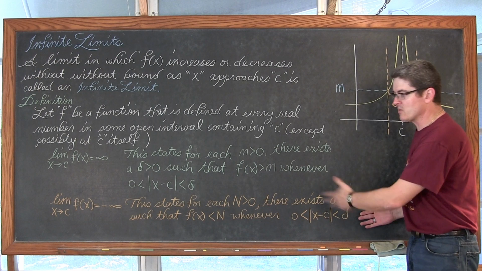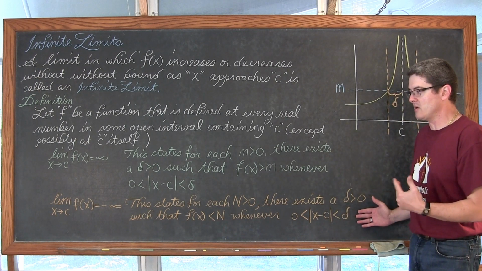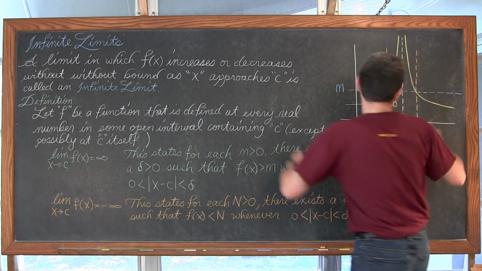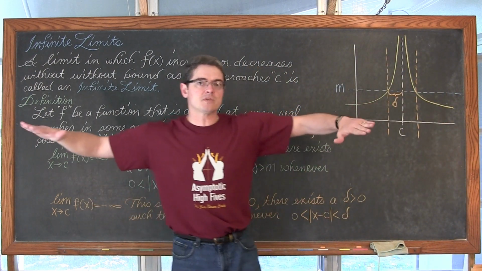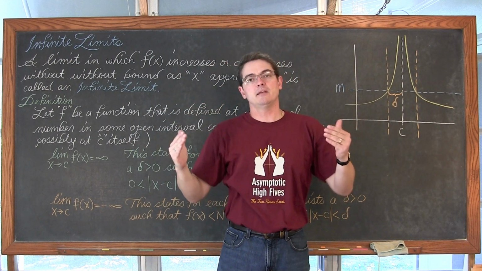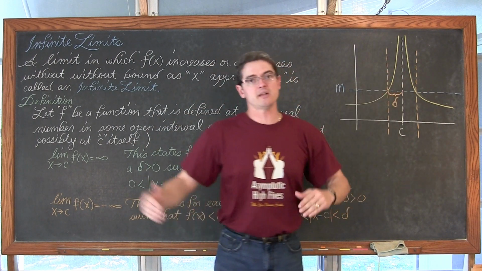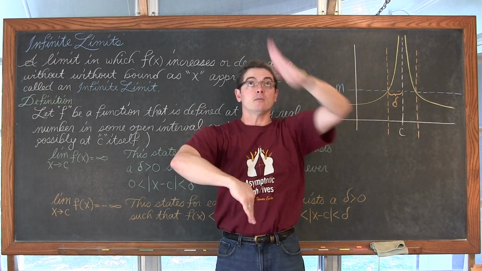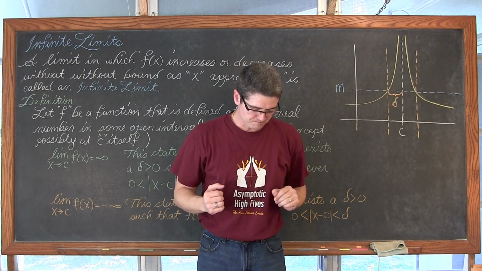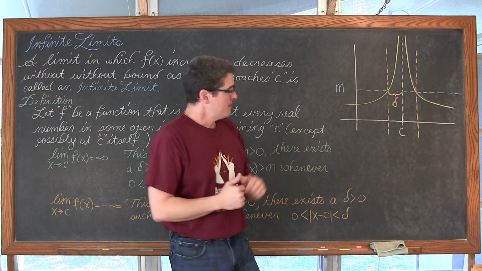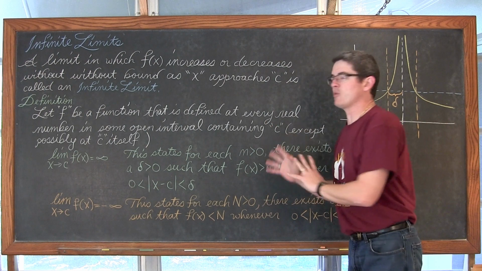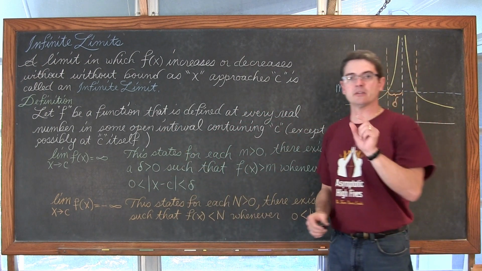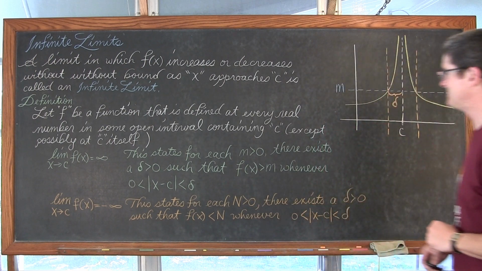And this language down here in orange is just the notation for the function decreasing without limit. So every time you have a vertical asymptote, the graph doesn't necessarily shoot up, and it actually doesn't even have to go in the same direction on both sides. Sometimes the graph will go down and then increase without bound on the left and right-hand side of the vertical asymptote. So I got a little bit more to say as far as the formal definition here goes. So let me leave the picture up here, erase this definition, and add just a little bit more before we get to our examples.